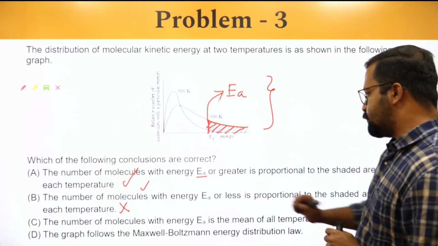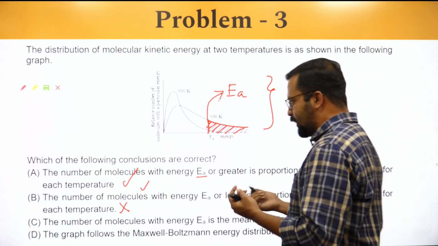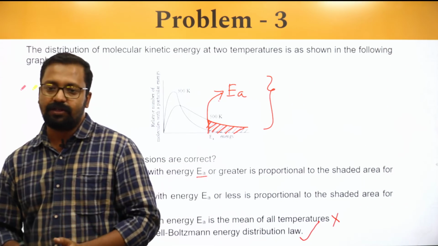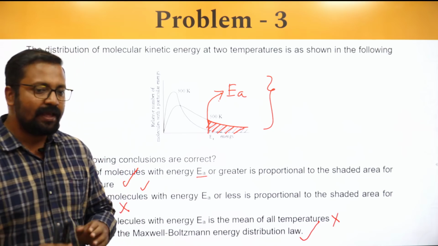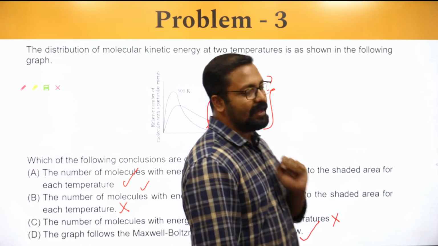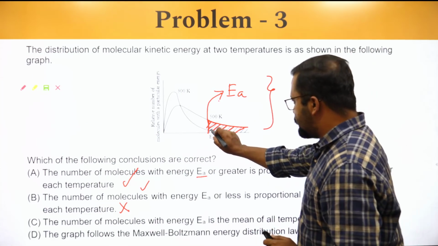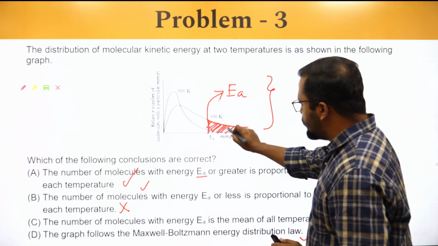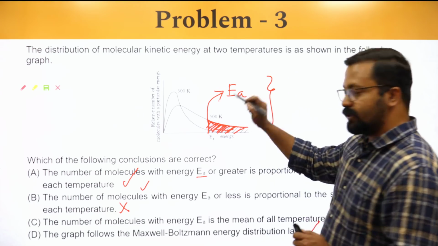Last, the graph shows the Maxwell-Boltzmann distribution law. That is correct. So always remember, when we increase the temperature, it follows a Maxwell-Boltzmann distribution. The second statement is false because the molecules which have energy greater than the activation energy fall in this shaded region. Okay,